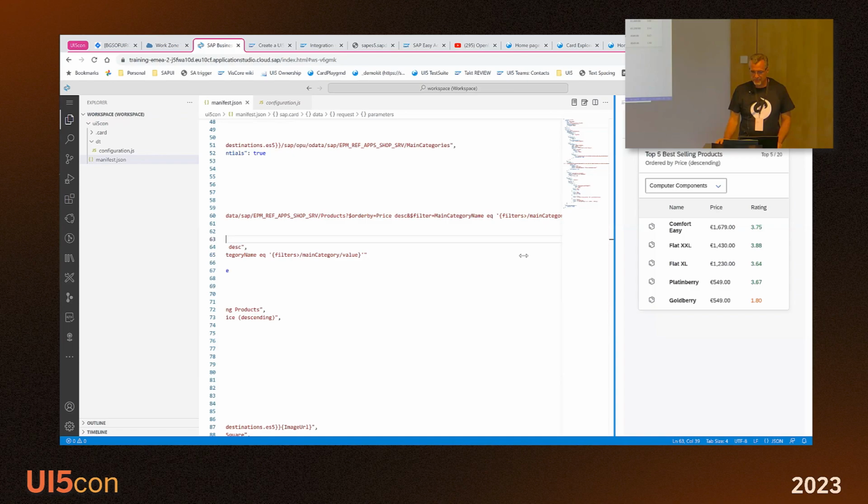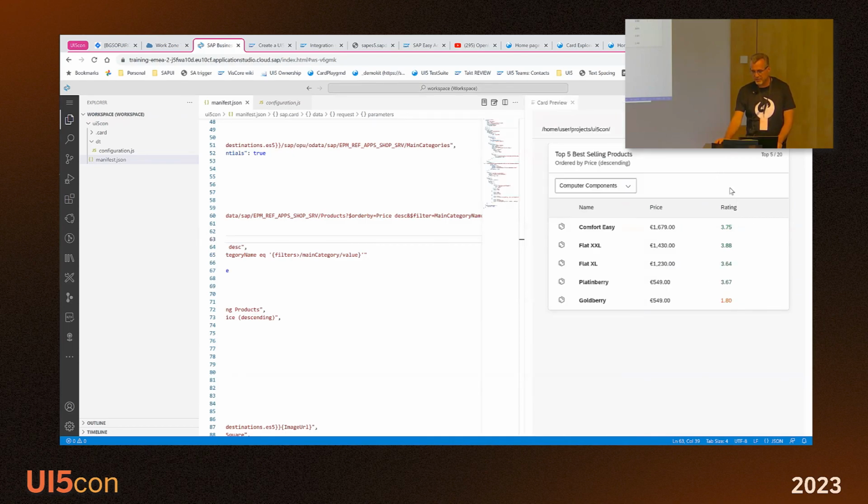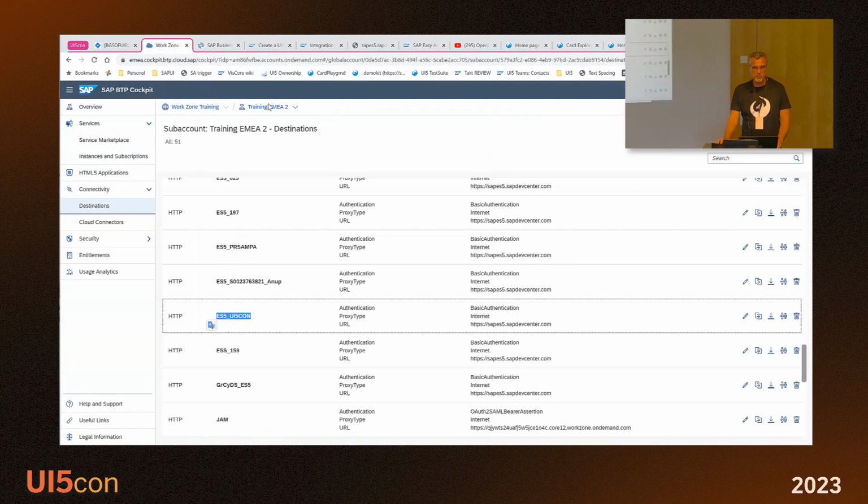It's a good, we have it, and now it's a bit more interactive and pleasant. And as the time progresses, and I don't want to test your interest, maybe it's time to go for the last phase, which is, let's deploy this card to SAP Work Zone. Okay. I explained in the beginning, I am doing this from the BTP cockpit or from the BTP account of